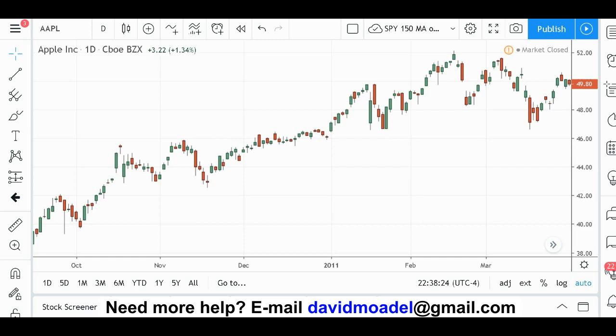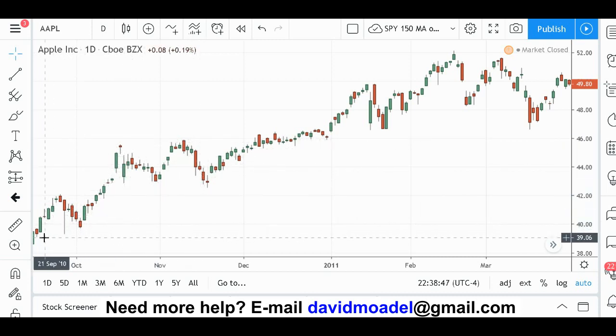All right, so let me repeat that so you can absorb it. I like the idea of buying the higher low and selling the lower high. A lot of times, especially in an uptrend, you're going to see a stock that doesn't go straight up. Stocks don't generally go straight up or straight down. They kind of stair step, I call it stair stepping.